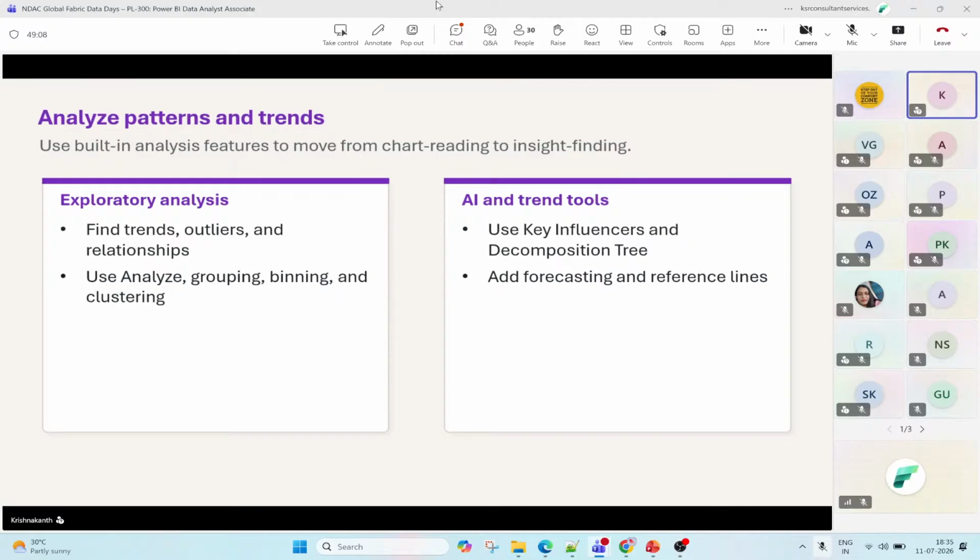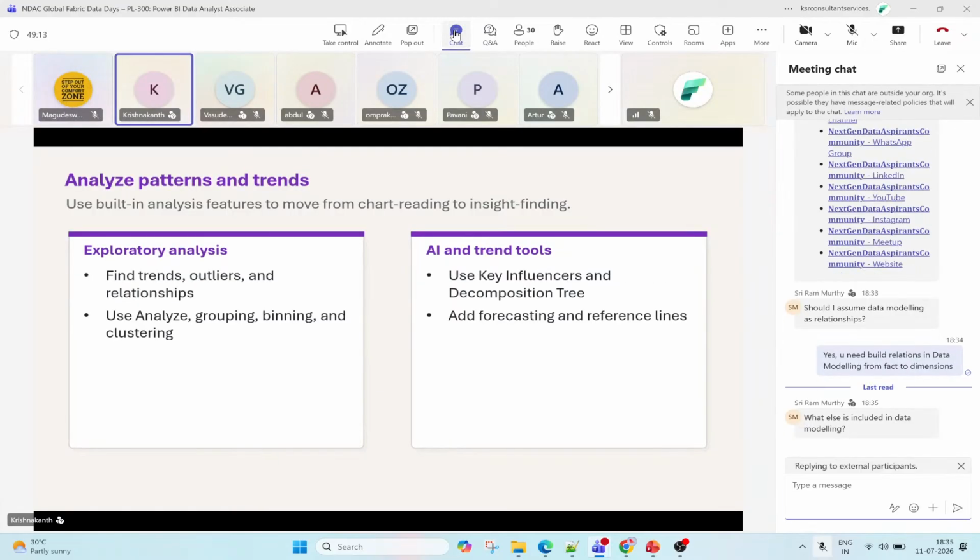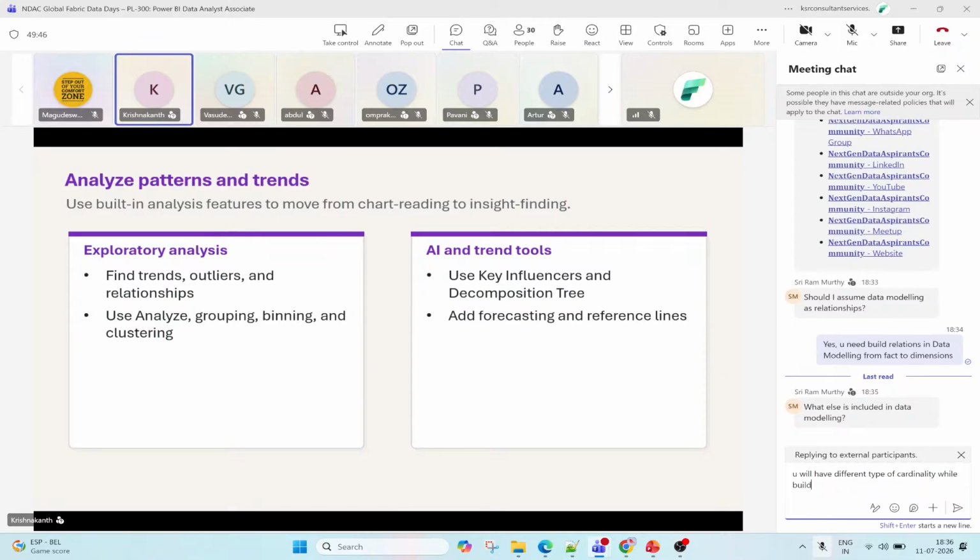When can we go for decomposition tree? So I have surveys where each survey will have multiple leaks, and each leak will have multiple repairs. So I can showcase where the leaks are happening, in which region it is happening more, why it is happening, at which equipment level and at which component level it is happening. So I can showcase the detailed analysis. That's where I can go for using decomposition tree. And also in the line chart, we have the forecasting feature. Once you enable the forecasting feature, for example, if I have data till June 2026, I can showcase the rest of the 6 months by utilizing the forecasting feature.